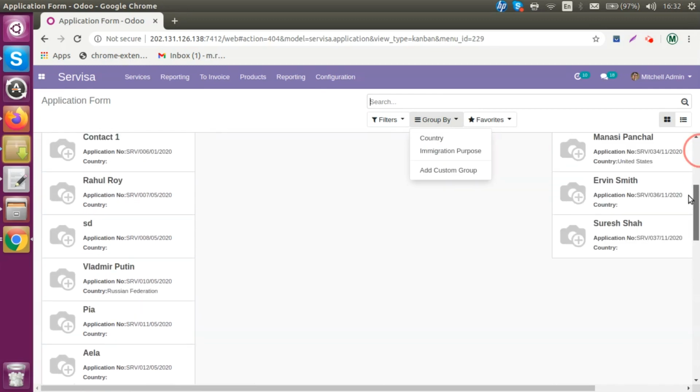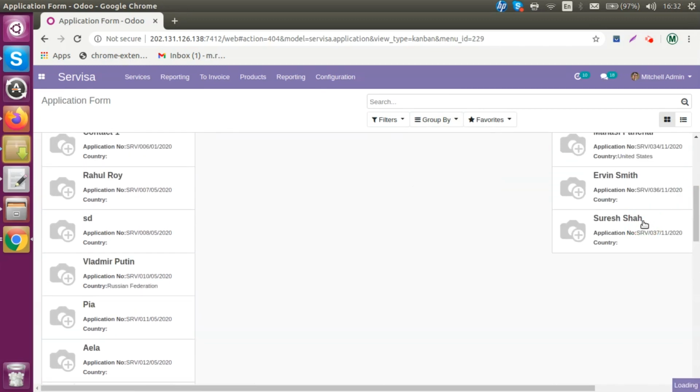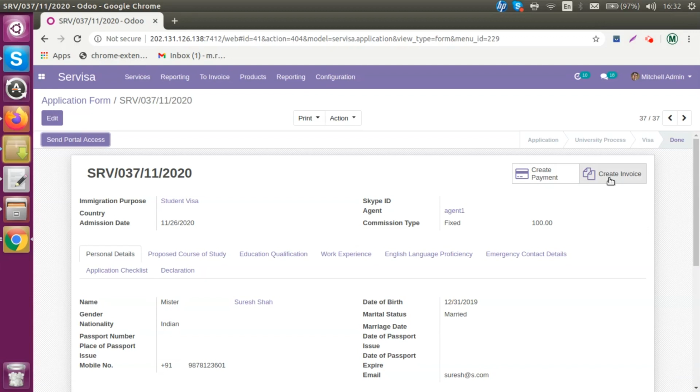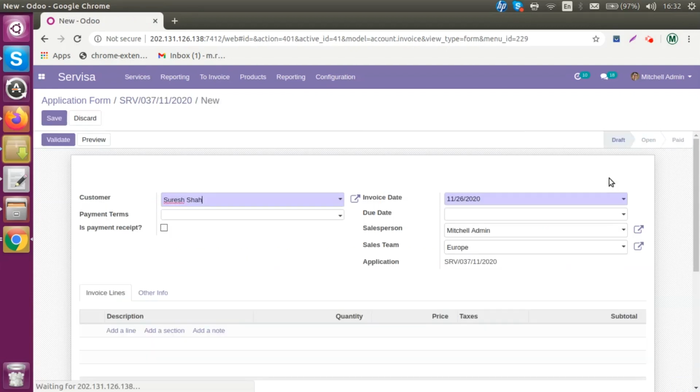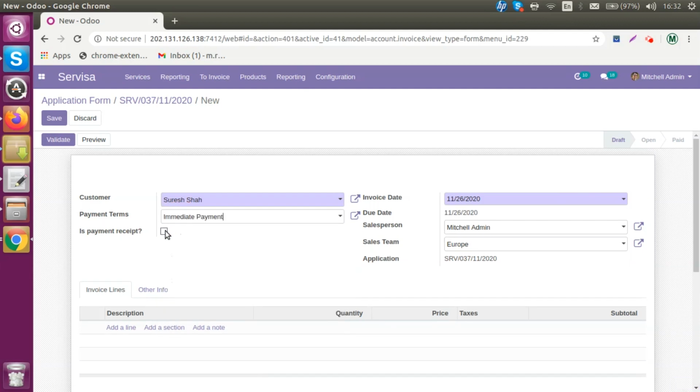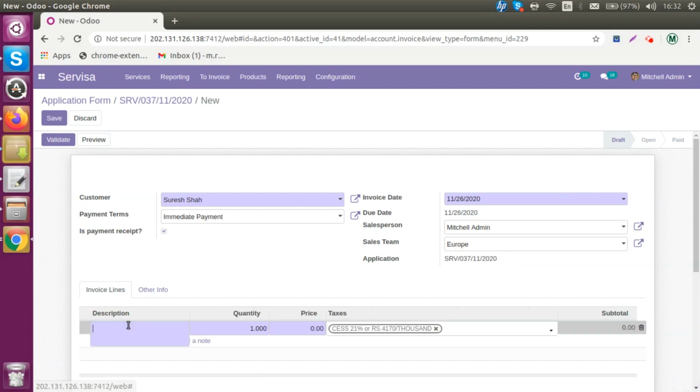Okay, so let me create an invoice. I'll create the invoice for Suresh Shah. I can define my payment terms. Okay, this will be the source document or application number. Input my consulting fees. I can manage my taxes.